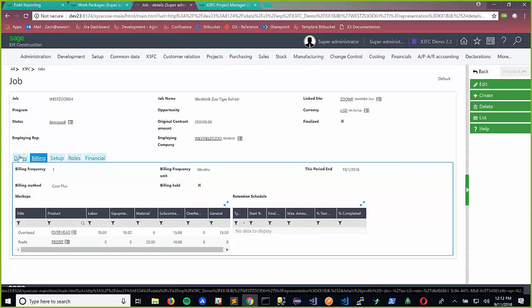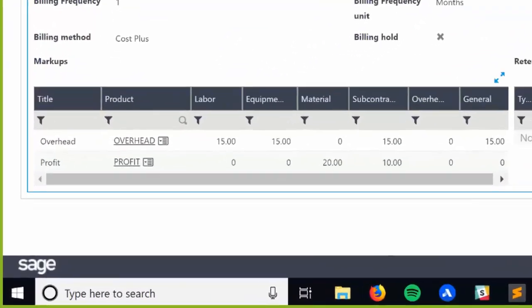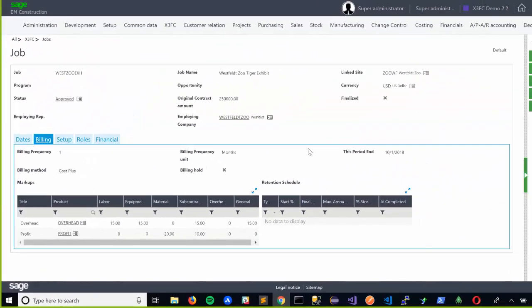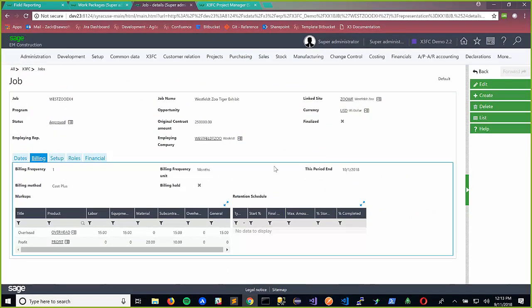So this is a cost plus job that we're looking at here, which allows us to enter these markups. So we can create an unlimited number of markups, and we can specify by the type of work or cost associated how that markup is going to get applied. So here you can see we have labor and equipment and subcontract work being marked up 15%, and we're collecting a profit of 20% on material and 10% on subcontracted works. For this particular example,